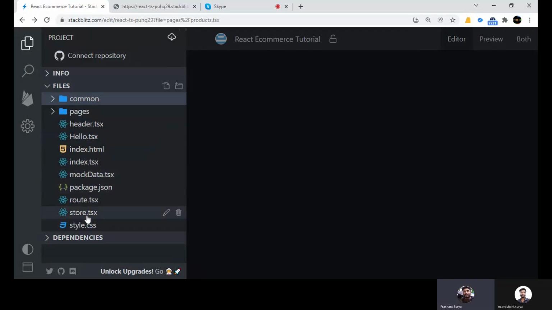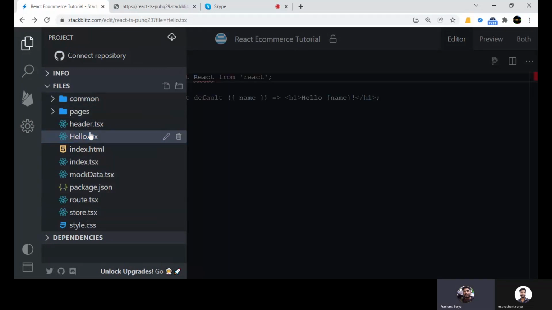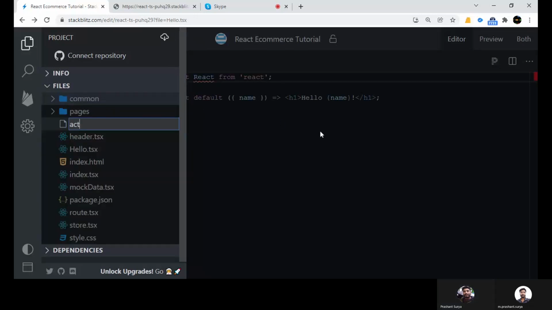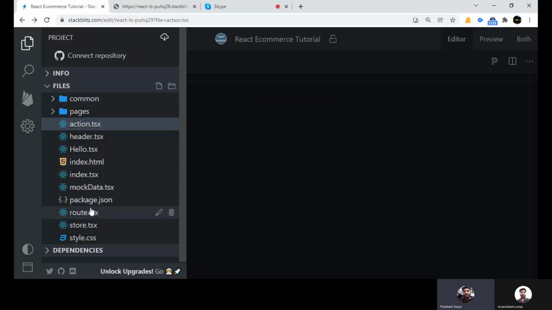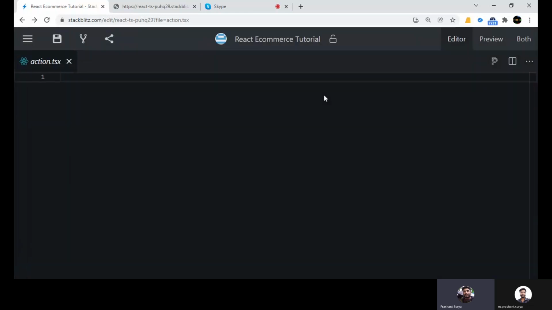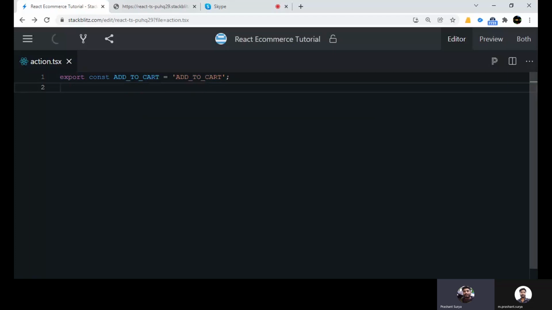We will first start with creating some actions. For that we will create a file called action.tsx. So basically all the actions should be in one place. So export constant and action name. Let's suppose you will have some action name here, add to cart. We have the action name similar to this variable so that it will be